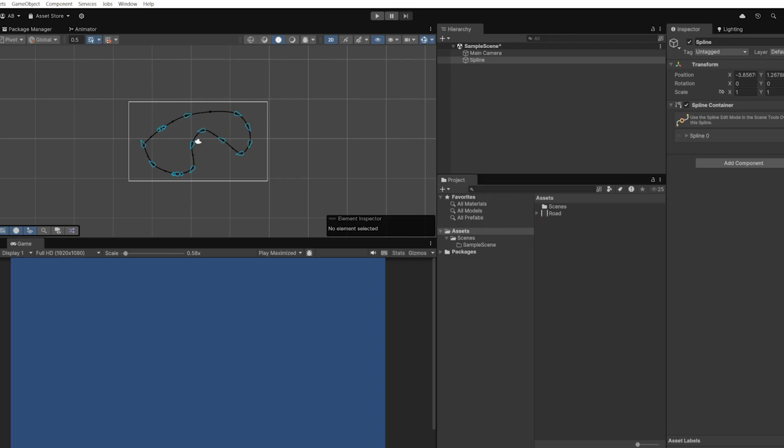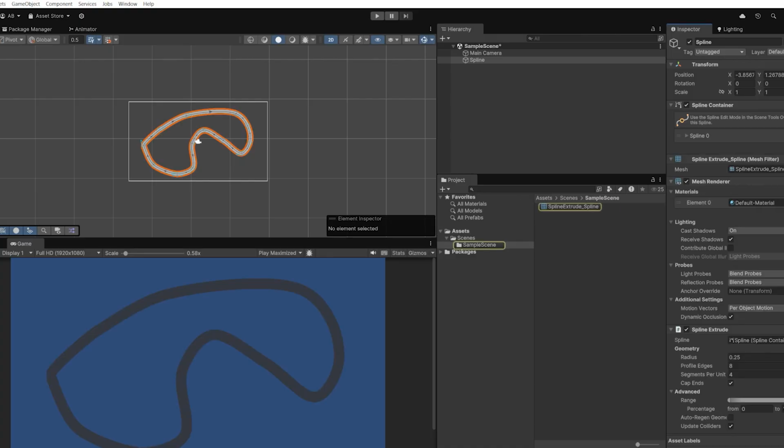Now what we want to do is take this spline, and to make our actual racetrack, there is a function called spline extrude. What this does is it effectively takes a small box and stretches it around your spline, giving us a nice, slightly thicker racetrack. Now at the moment it's looking a bit boring, it's just grey, so I've got a